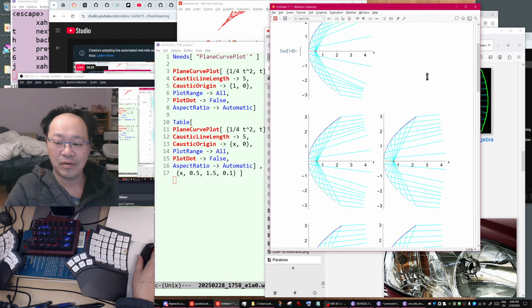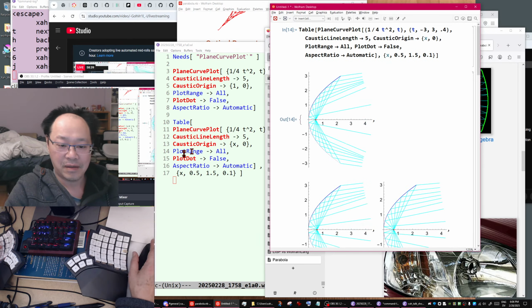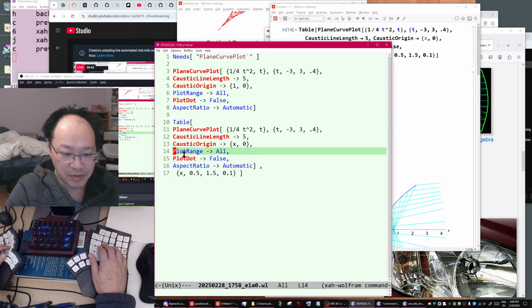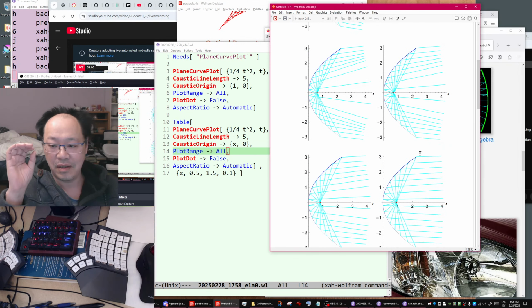So now you want to change something. Plot range should be 0 to 5 and -3 to 3.